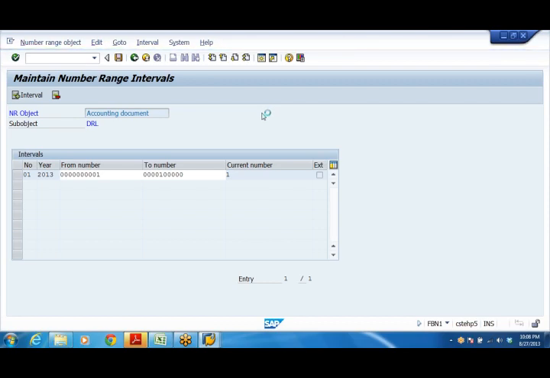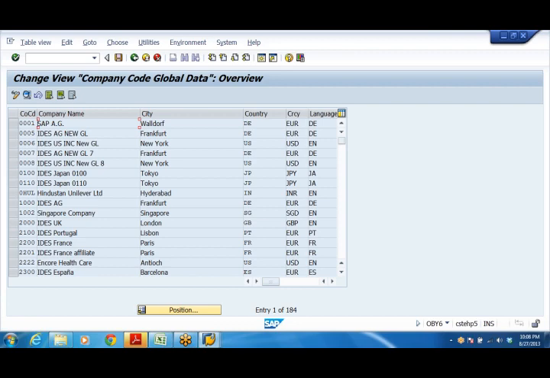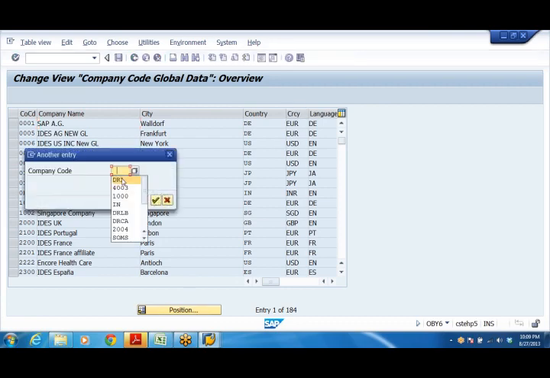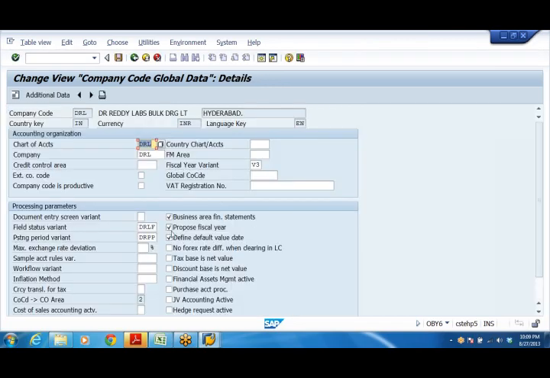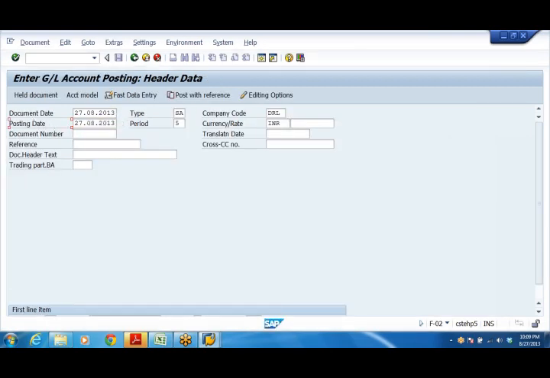One step we have defined there: we told the system there is a check mark that indicates proposed fiscal year. So that's why by default the system proposes the posting date.